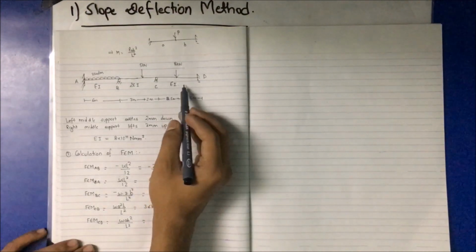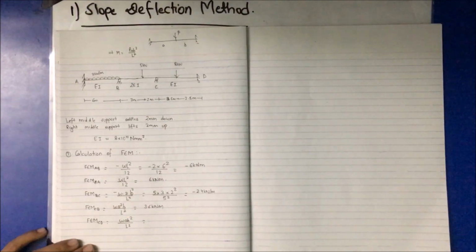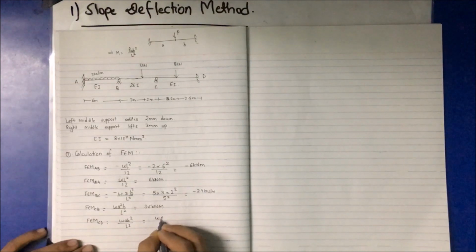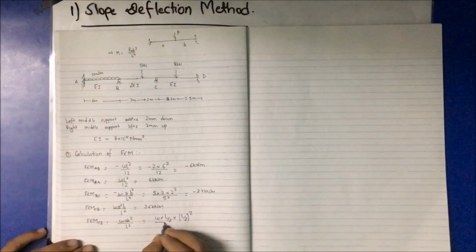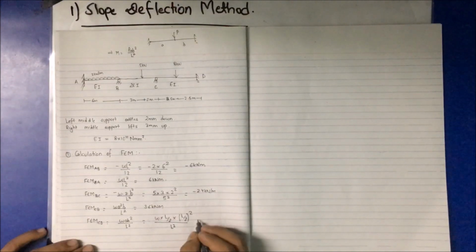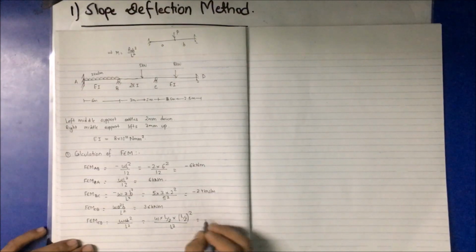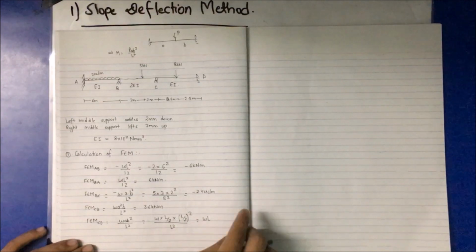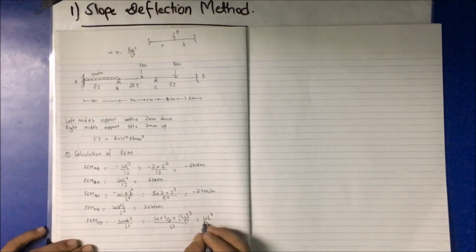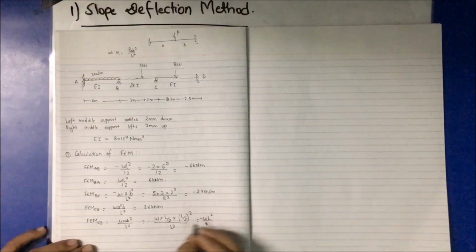So if you see A and B are equal, that is 2.5 meter, 2.5 meter, so A is equal to L by 2, so W into L by 2 into L by 2 square by L square. So on calculation we get WL square, it will get cancelled out, so WL square by 2 square 4 into 8. So for